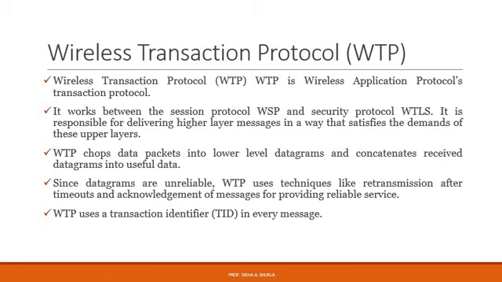WTP uses primitive error handling in the case of error, say a connection break or transaction is aborted. Now, depending on the demands of the application, WTP defines three classes of transactions, that is class 0, class 1 and class 2. In class 0, the sender sends a transaction to the receiver, but there is no assurance that the transaction will reach its destination. If the transaction reaches the destination, then the receiver will not send the acknowledgement to the sender.